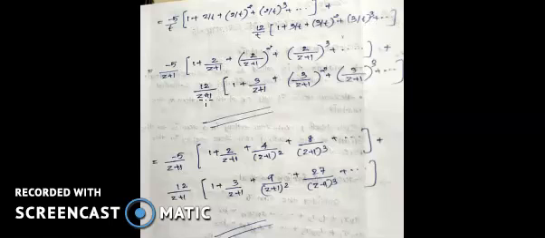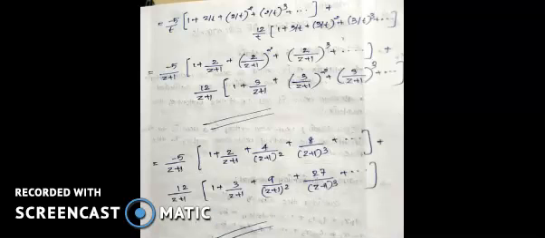Now finally, we have to bring the answer in terms of z. What's our assumption? T is z plus 1, right? Now instead of t, let us substitute z plus 1. That will give the solution. So 1 plus 2 by z plus 1, 2 by z plus 1 the whole square, 2 by z plus 1 the whole cube, etc.